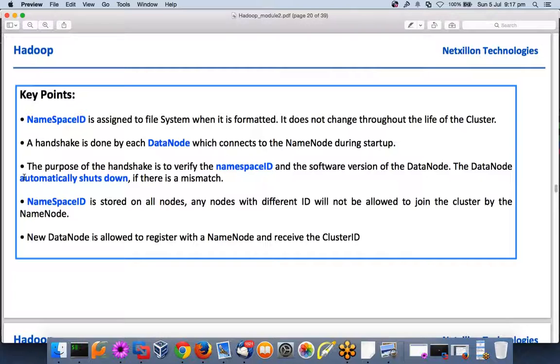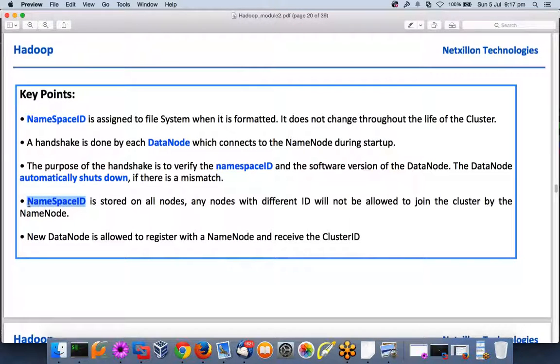Obviously human errors you can still do rm -rf on a data, right? But from a Hadoop perspective, it is trying to safeguard the common mistake which an engineer might do. Cluster ID will be stored on all nodes so that they know which cluster we are part of, right? As I said, any new data node will be